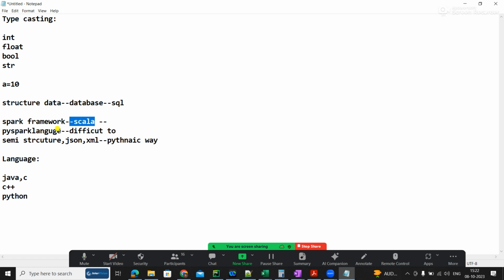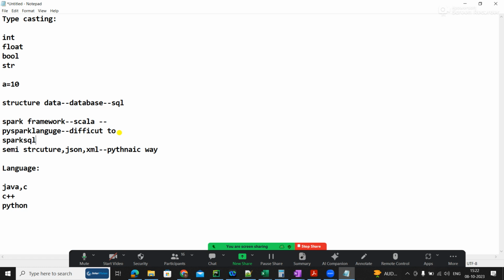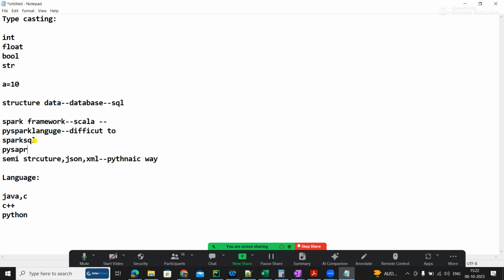So slowly after 2016 or 17, they wanted something proper. They introduced Spark SQL. Spark SQL was not there before, because as I told, for any database activity they think something can be done with SQL only. They introduced Spark SQL, and also PySpark, and introduced a lot of rich libraries to handle the data.